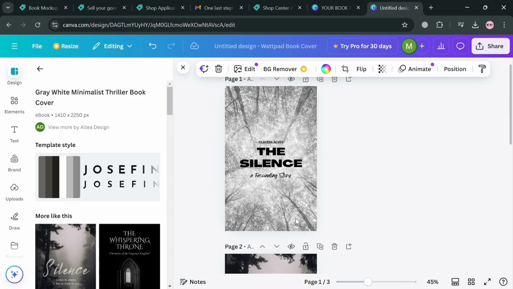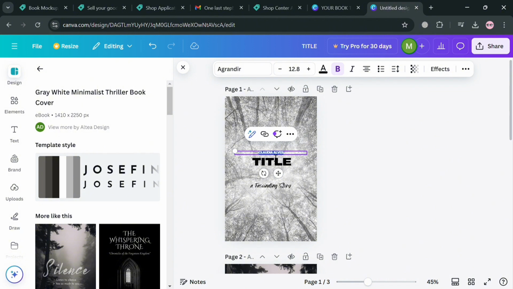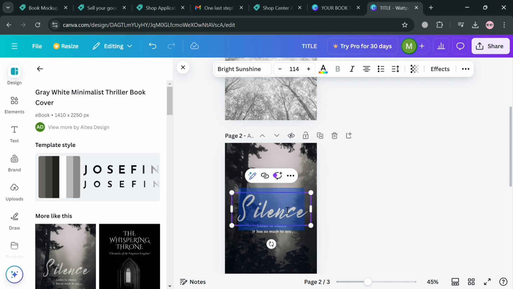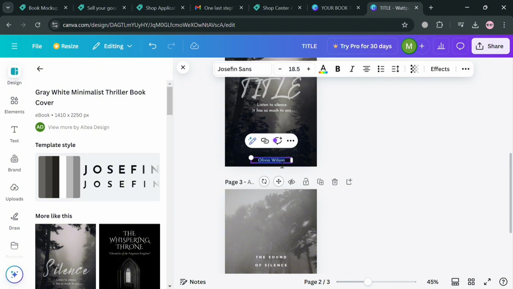And if you're now done, you can start customizing some of this. For example, on this title, I'm going to enter "your title." So if the customer tries to purchase this template, they can simply customize it by entering the title of their book cover and also their name as the author. So we can do that on the same kind of ebook on the same page, title and also author. But you could also